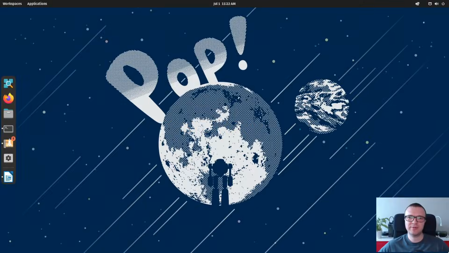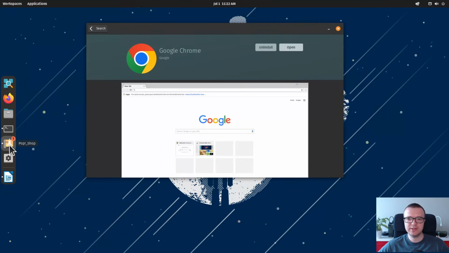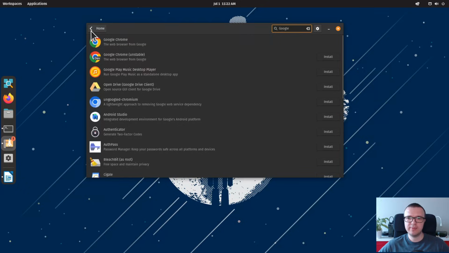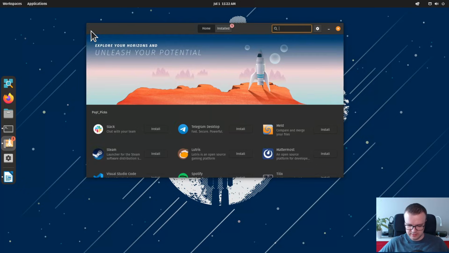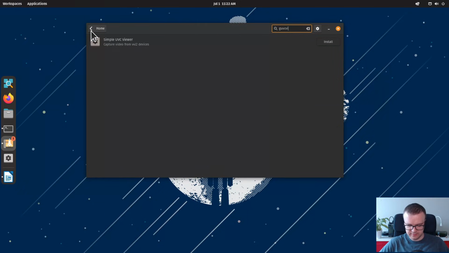Install GUVC View. This is a program which provides you access to your web camera. Unfortunately, Pop!_OS doesn't have any webcam app pre-installed by default. I know that many people use Cheese app, which is also very nice, but I think GUVC View is much better one. So to install it, you just need to go to their Pop!_Shop and search for GUVC View.